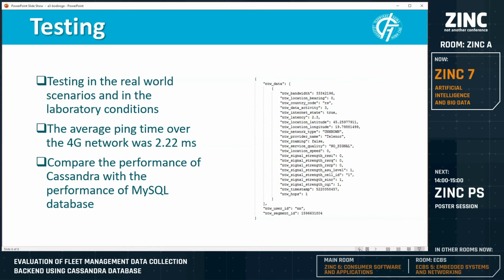As mentioned above, the Cassandra database was chosen because of its compatibility with Spark and support for fast data insertion in the database. To experimentally confirm that a NoSQL database is a better choice for massive data collection, we compared the performance of Cassandra with the performance of the MySQL database. MySQL was chosen